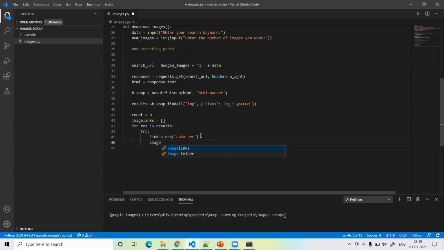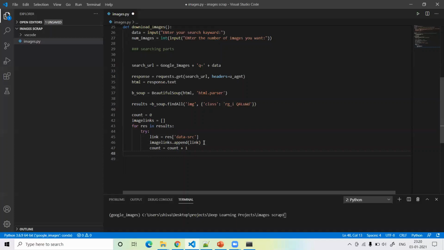We have stored our data in image links, so we append this link in the image links list. Every time an image is found it increases by 1, meaning first the first image, then the second image, then the third image, fourth image, and so on, guys. So we write count equals count plus 1. Every time it increases by 1, guys.